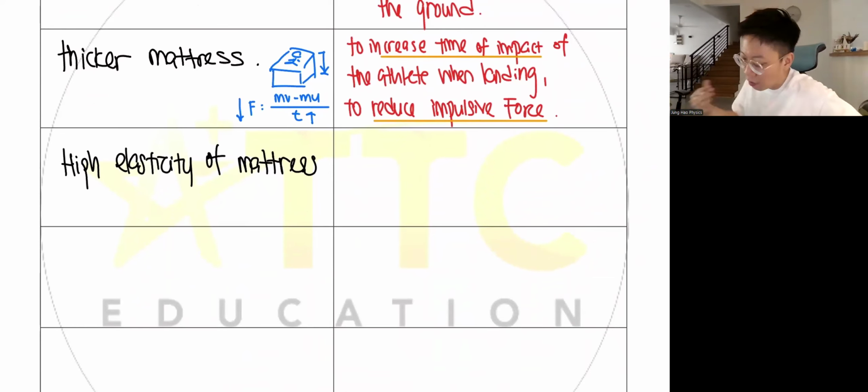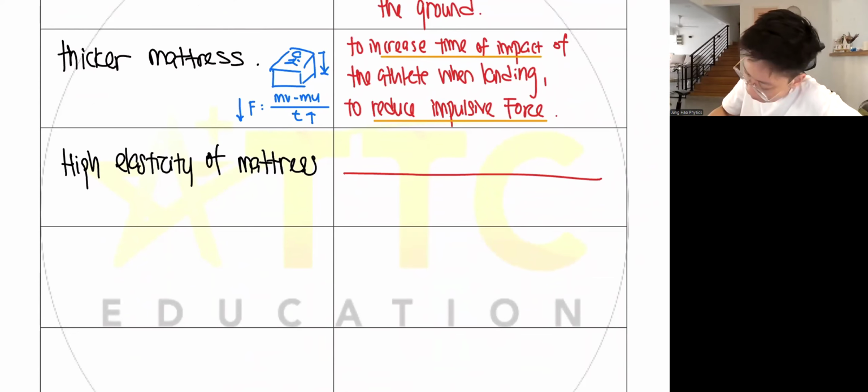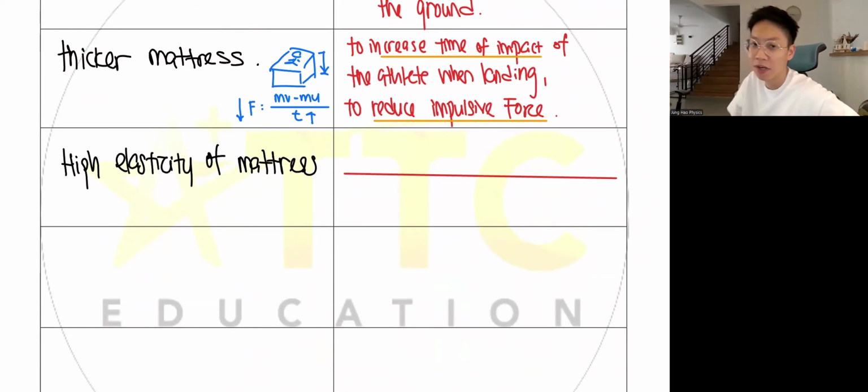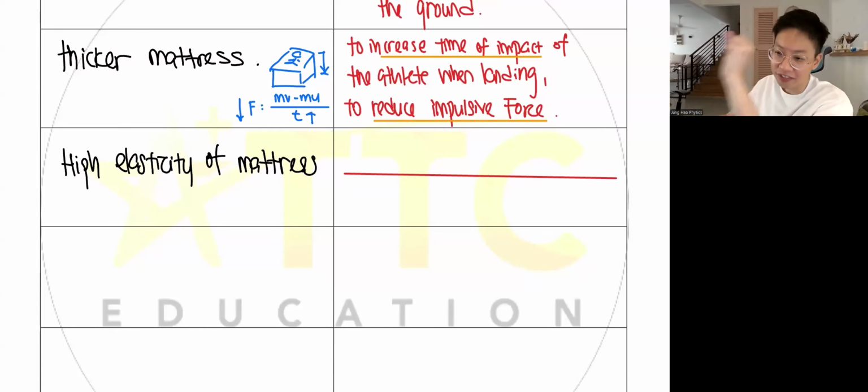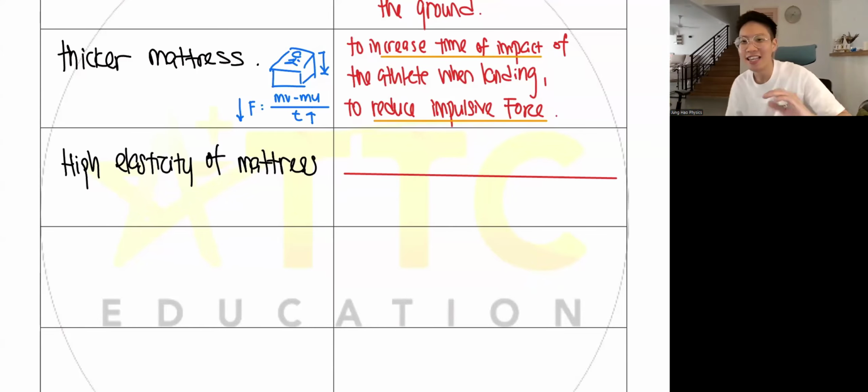Okay, so why do you want high elasticity? Technically you have two answers to choose from, two different ways to explain it. Let me show you a different perspective first. What's the meaning of elastic? What is the definition of elastic? It can boing boing. I like this answer. It can return to the shape. It can bounce back.